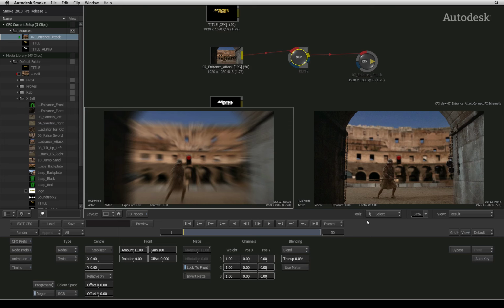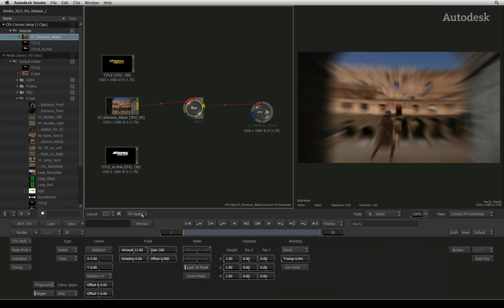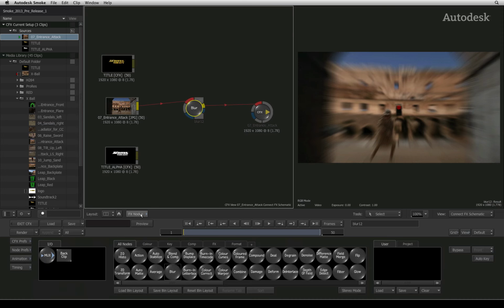The next menu is the Tools menu that will dynamically update with different cursor functions depending where you are and which node you are working with. Finally, 2 important buttons are located next to the Layout pull-down menu. The first button is the Reset Layout button. Clicking this button will reset the Connect Effects interface to the default layout. The second button is the Effects nodes. This button allows you to toggle between the main Connect Effects node bin and the current node you are working